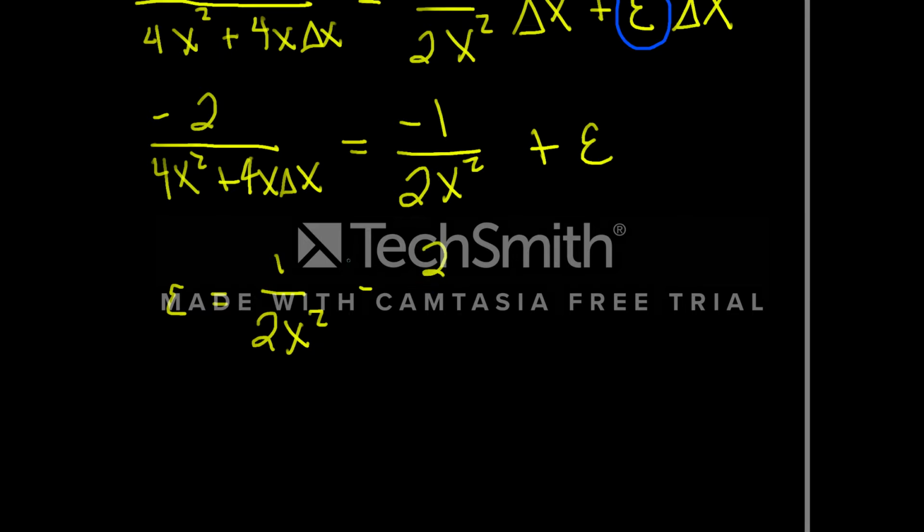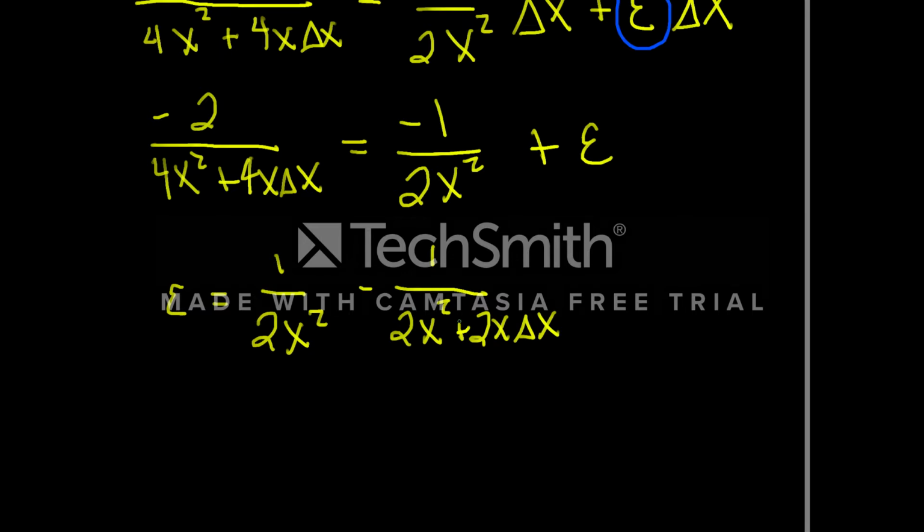Actually, I'm going to do something real quick. I should have simplified this here, right? I've got the 2 there and 2 there, so I'm going to cancel those 2 out. So minus 1 over 2x squared plus 2x delta x. And we could leave it like that,